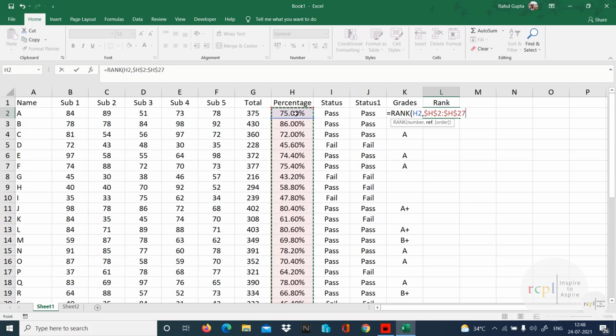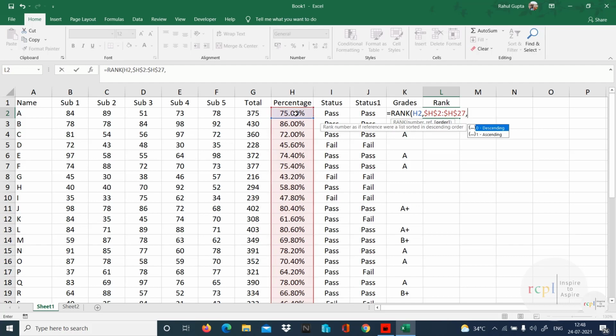Row number will automatically increase while you drag downwards. So H2 will become H3, H27 will become H28, and so on. So when the reference changes, we will not get the right range. So the shortcut is F4 to freeze, or you can manually add the dollar sign, because this fixes your range. Comma.